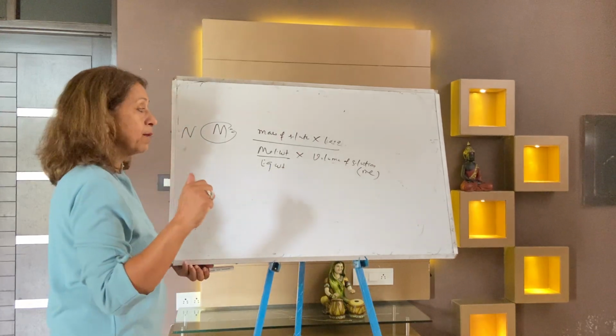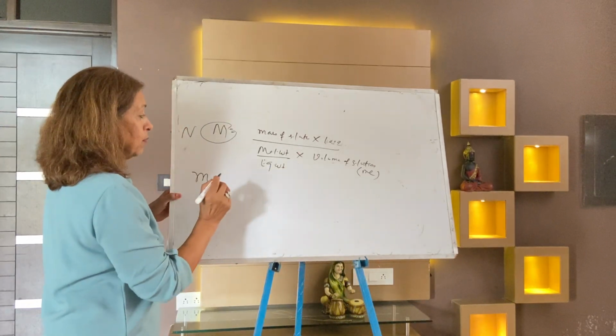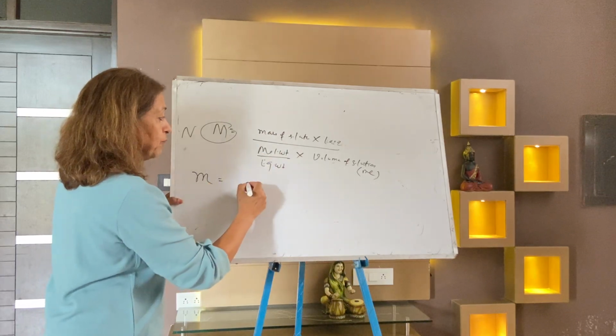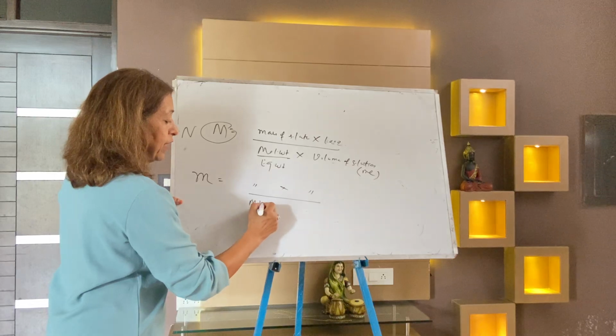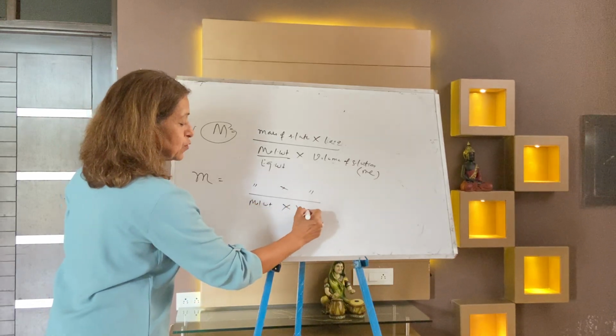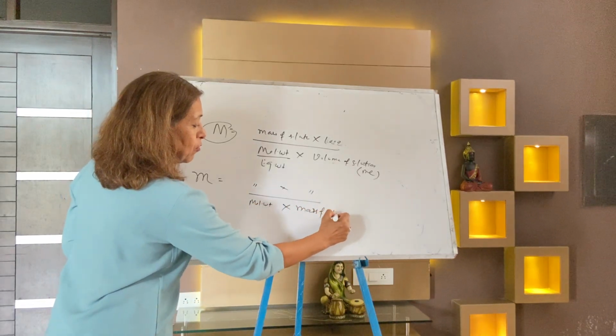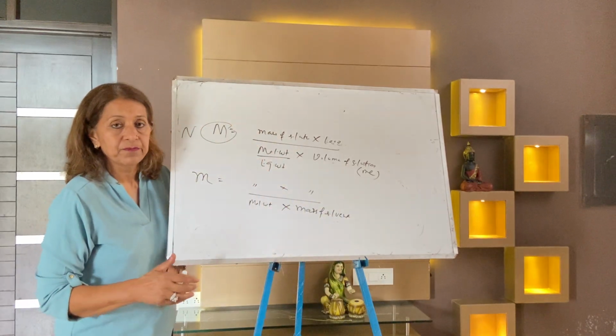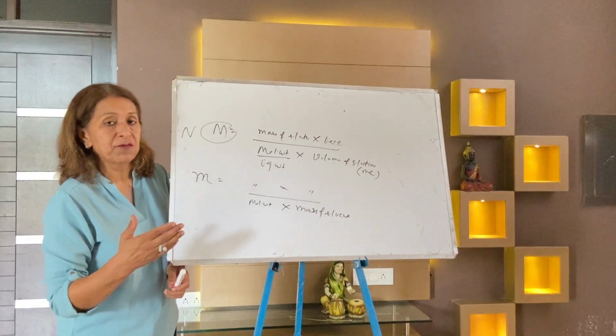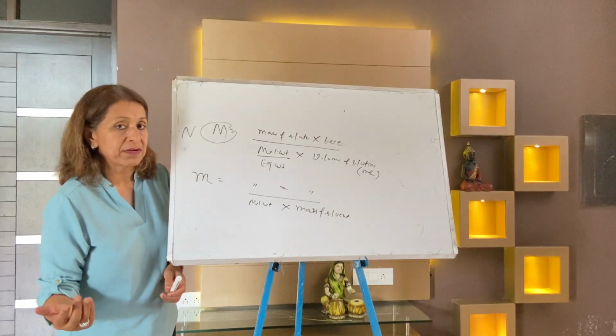But when molality comes, again the same formula: mass of solute into 1000 by molecular weight. Just here the difference is the mass of solvent, not volume. That is already covered. So don't use this formula in competitive exams. In competitive exams, you just remember 4 formulas. 3 formulas are given to you.